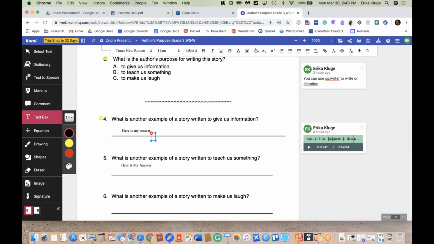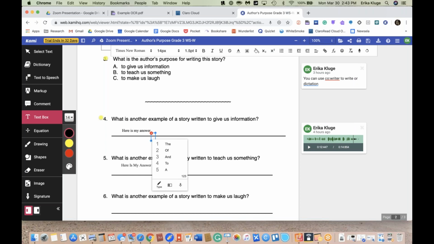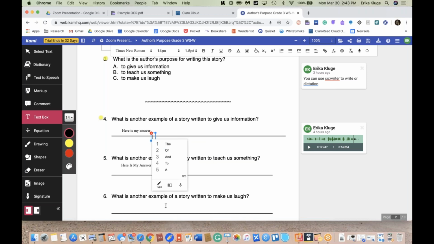Okay, so if we want to type our answer, we hit the text box. Up here, if you see in my toolbar, here's my Co-Writer app. So when I engage that, we see a box that comes up. And here's my topic dictionary. It looks like my last student was talking about alligators and crocodiles, so I'm just going to leave that one on. But basically, we could set any topic, molecular biology. We could do books, like Where the Red Fern Grows,